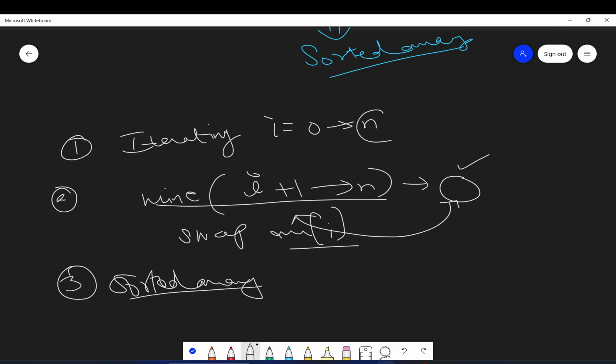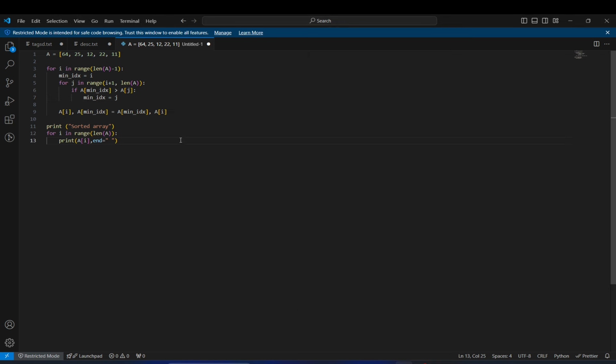Let's quickly see the code. It's a very basic algorithm. So we get this array. We are starting and we traverse from 0 to length of a minus 1. We can traverse till length of a also, no difference. Then initially we take the minimum index to be I itself and using this loop we are finding the minimum element.